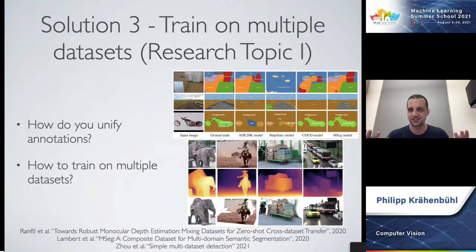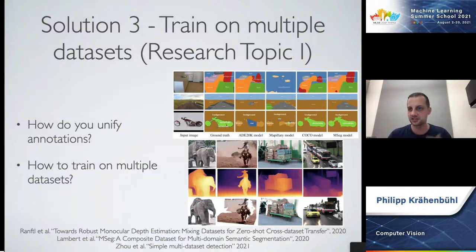Now, this sounds quite easy and trivial. It actually turns out there are a lot of little research and engineering nuggets around this problem. It really has to do with the fact that different data sets use different annotations. If you collect human annotations, they use different instructions for different people that annotate the images differently. So within one data set, the images are annotated consistently, but between different data sets, they're not. And so the interesting research problem is: is it possible to take these separate data sets and automatically fuse and combine them?